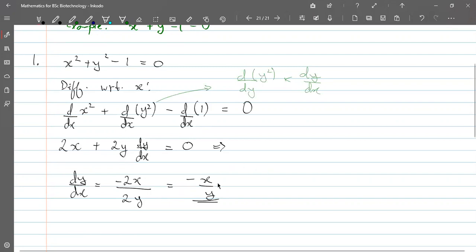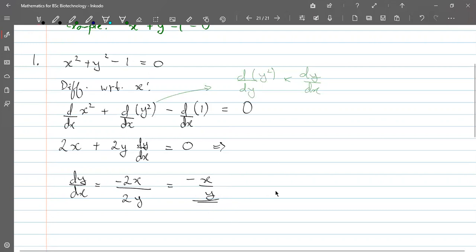And so the answer here is in terms of both x and y, and that's not wrong, because you're not given y as a function of x explicitly; you're given an implicit function. So it's fine to write minus x by y. Of course, again, in this particularly simple example, you could write minus x by square root of 1 minus